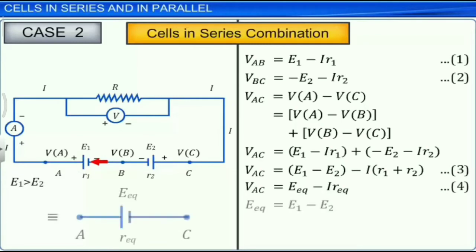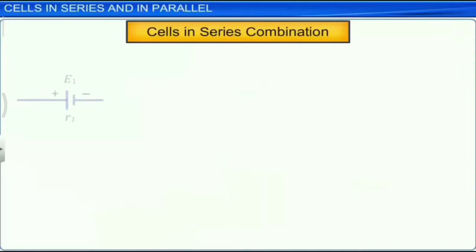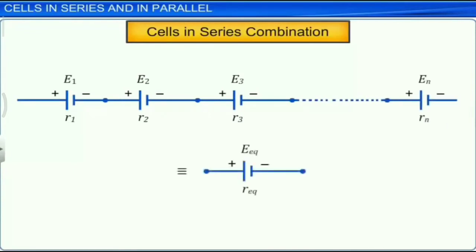We know from previous discussion that E1 minus E2 gives the equivalent EMF, E equivalent, and R1 plus R2 gives the equivalent resistance, R equivalent. E equivalent is equal to E1 minus E2. We know that R equivalent is equal to R1 plus R2. Cells in parallel combination. So here,